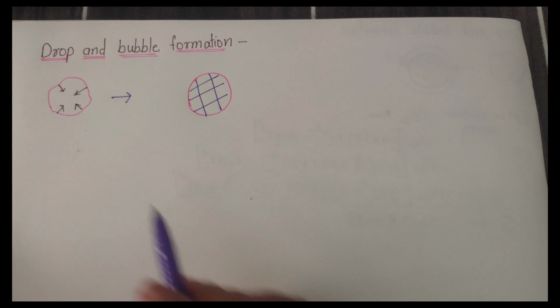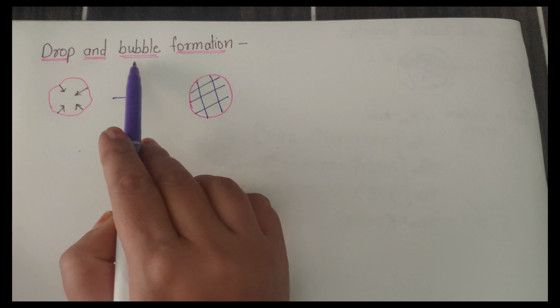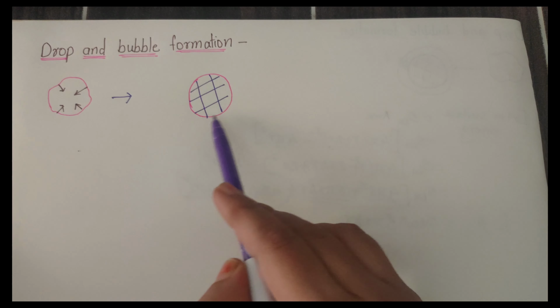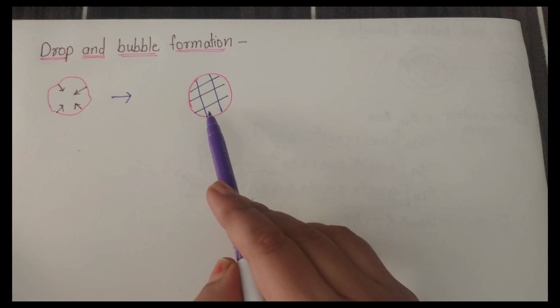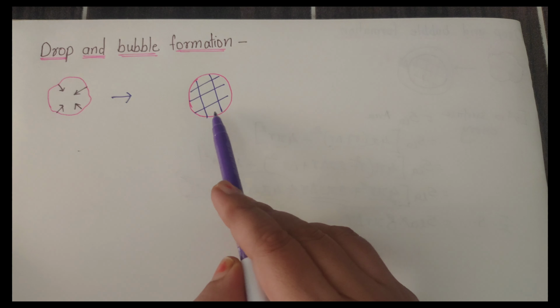So today we will see what is the reason behind the drop and bubble formation, and that is obviously the surface tension. So what is surface tension? See, because of the surface tension, drop and bubble have a spherical shape. Because of this surface tension, every surface is trying to acquire the minimum surface area, right? If we ignore the gravitational and other forces, the molecules which are inside the drop are trying to stretch the surface area, and that's why every drop and bubble acquires the spherical shape, right?